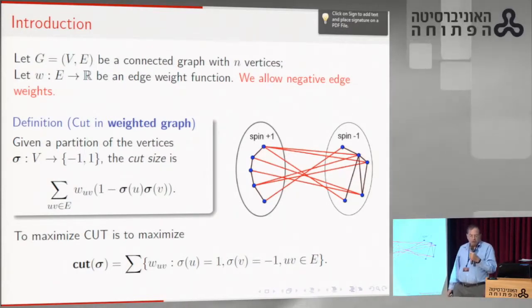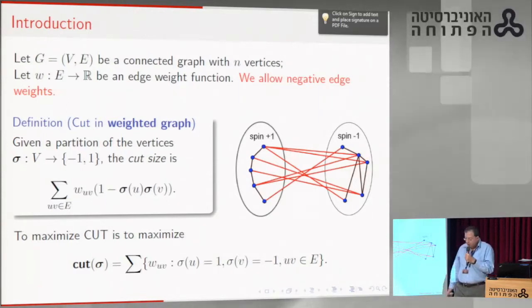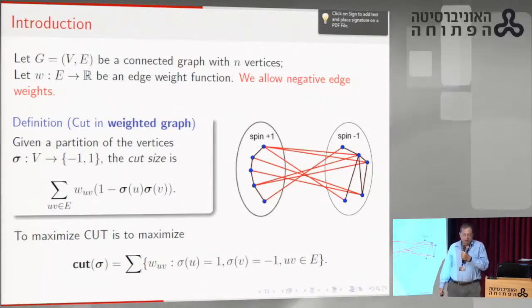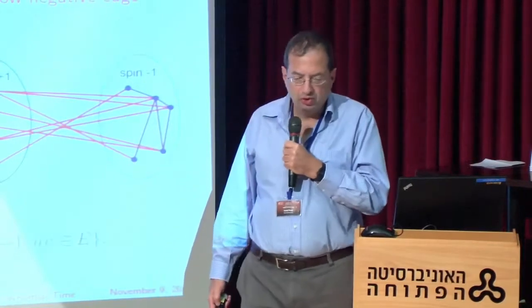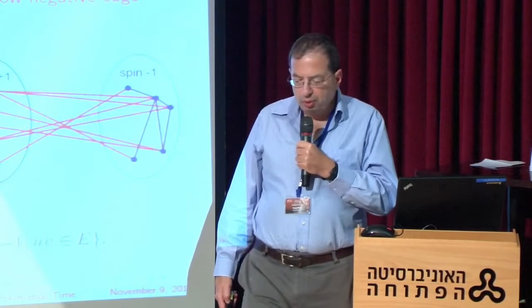The weights are arbitrary, so in this sense, the most general case is the complete graph because we're allowing all possible weights, and indeed we'll focus on thinking of the complete graph. But in general, there is a graph, there are weights on the edges, and the goal is to partition the graph so as to maximize the total weight of the edges across the cut. Well, that's an NP-hard problem,